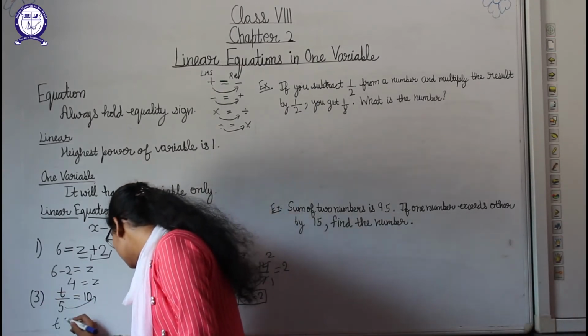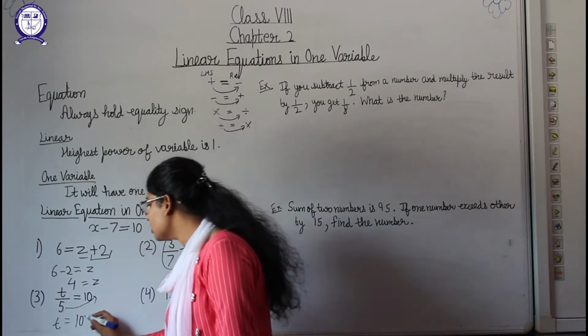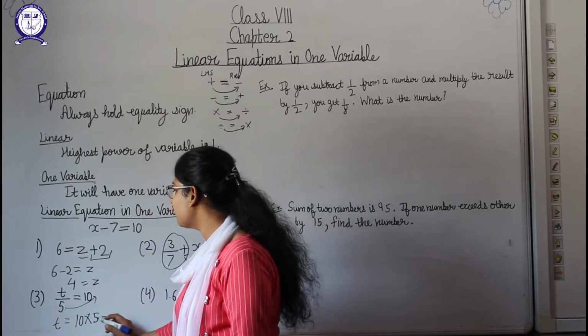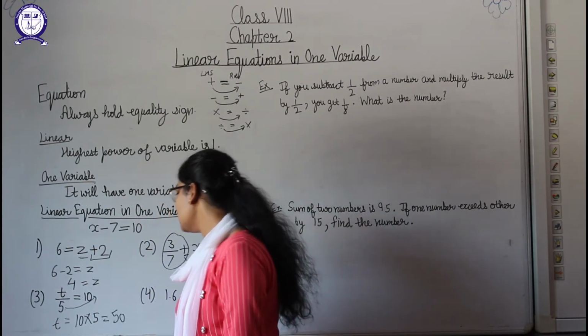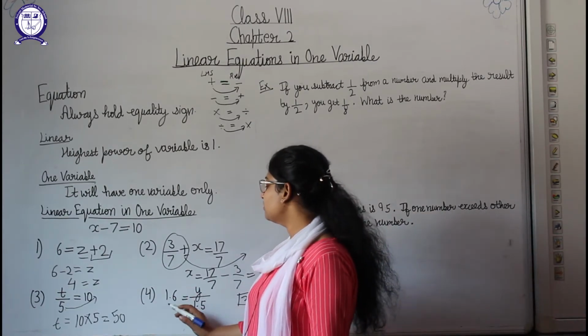So t will remain there, 10 is here, now 5 is shifting its position, so it will be multiplied. So the value of t comes out to be 10 fives are 50. So t comes out to be 50. Okay. Now in the fourth part it is given that